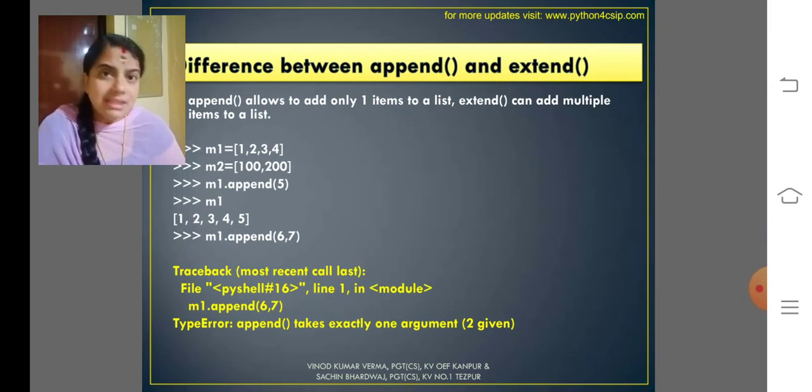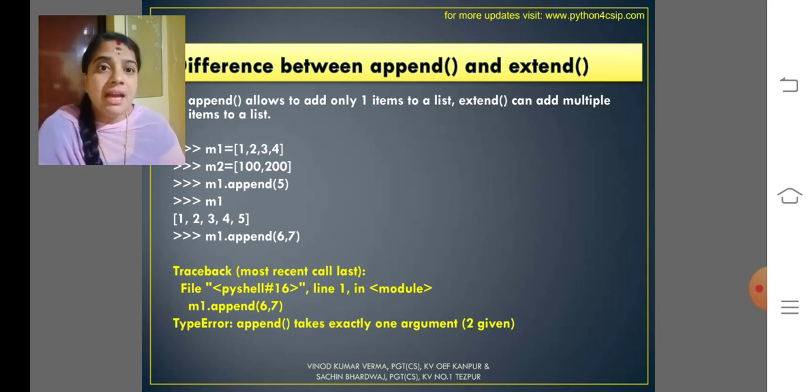Then what is the difference between append and extend? With append we can give only one value. Append 6, 7 will produce an error. But we can give a list, so that will become a nested list.